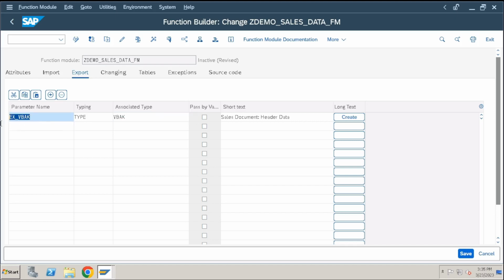Let's keep it as it is, to accept or pass a single record, so that you can understand the difference. Now we'll define one more exporting parameter to return the multiple records available for that company code, multiple sales orders available for that company code. Okay, sir. I'll take ET_VBAK as a different naming convention. Now type, if you take VBAK,